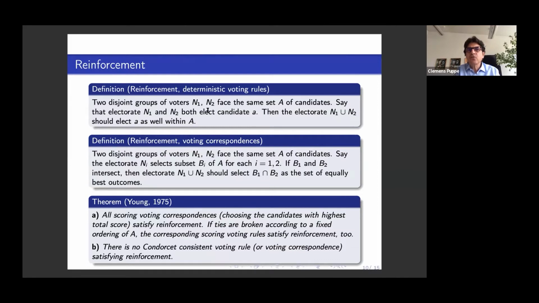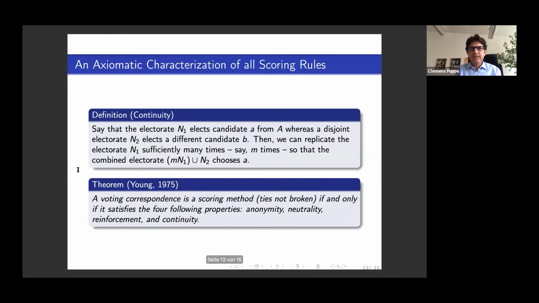It says that if two disjoint groups of voters, N1, N2, both select candidate A, and then if I join them, they should still elect candidate A, right? This is related to the no-show thing, right? This group of voters would elect A, this group of voters would elect A. Now ask yourself, if we merge these voters and let them vote all together, what should be the winner? A, okay? That's reinforcement. Now, again, back to this result, anonymity, neutrality, reinforcement, and continuity, that will give you a